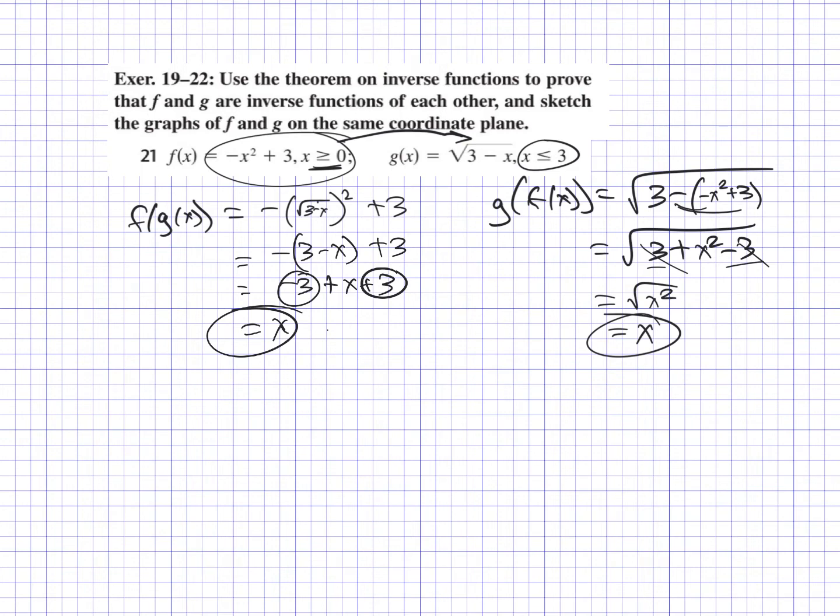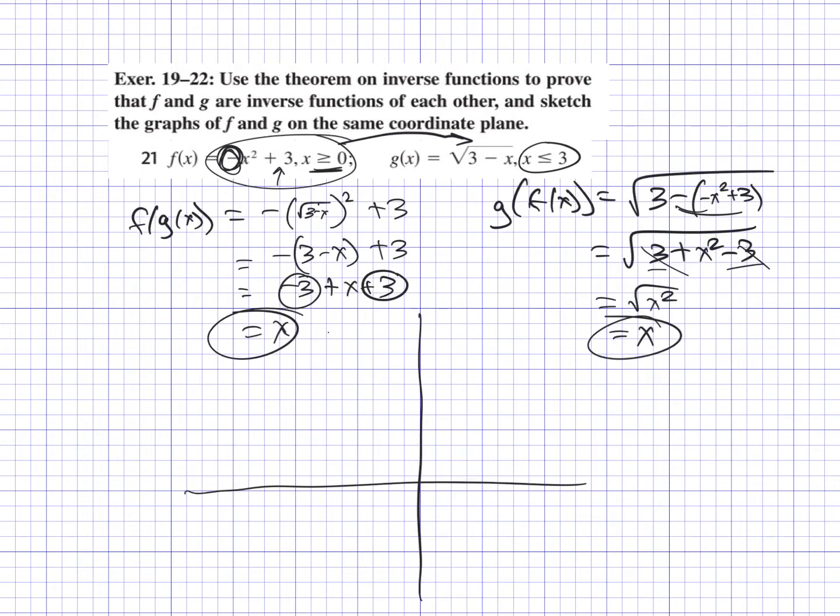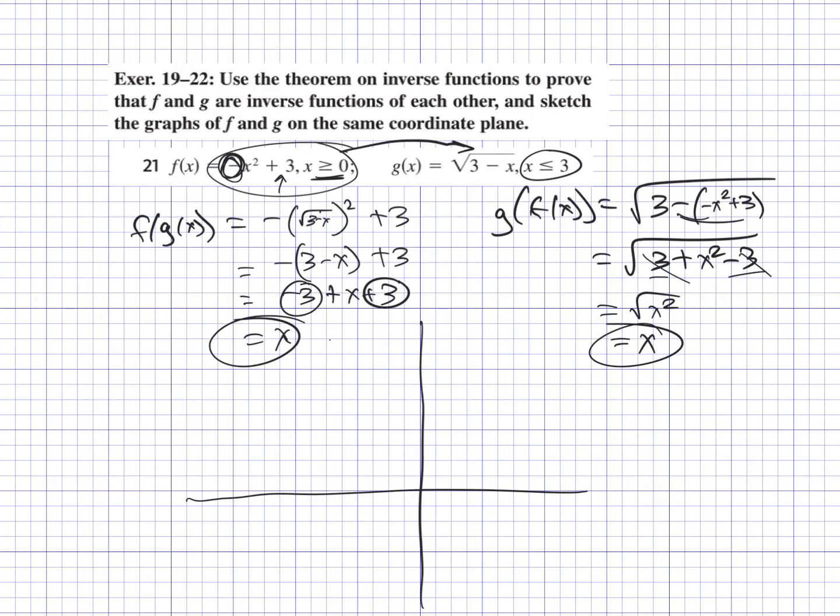Now let's graph them. All right, so we'll do f of x in black. So this is a parabola opening down, and it shifted up 3 units. Okay, so let's put this in the right spot here, at least the origin at a nice neat point. So up 3, and it opens down. Boom. All right, now it says for x greater than or equal to 0, so we need to erase